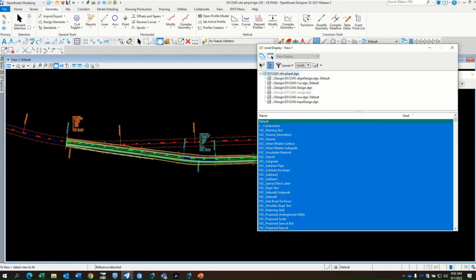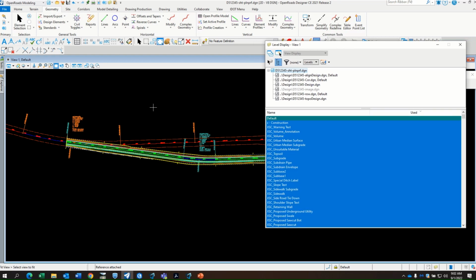But one thing that is important when you bring all your files in that you want to show up in your sheets is that whatever display you have turned on, whatever levels you have turned on here, do a save settings here. When you set up your sheets, those are the levels by default that are going to be turned on. So if you have some things turned off here, you're going to find yourself, let's say you've got 20 sheets, you've got to go into every file